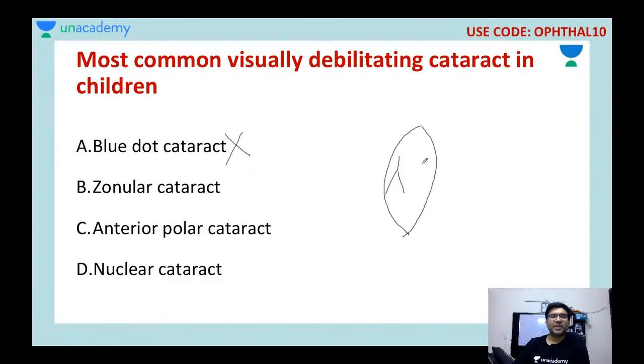Sometimes the opacities are forming in certain areas of the lens. Okay, so let's say these are the sutures, these are the anterior ones and these are the posterior ones. So the opacities are around the sutures of the patient. This is called a sutural cataract, or because they are in the specific regions, I call it a zonular cataract. Now zonular cataract is the most common visually debilitating type of cataract in the